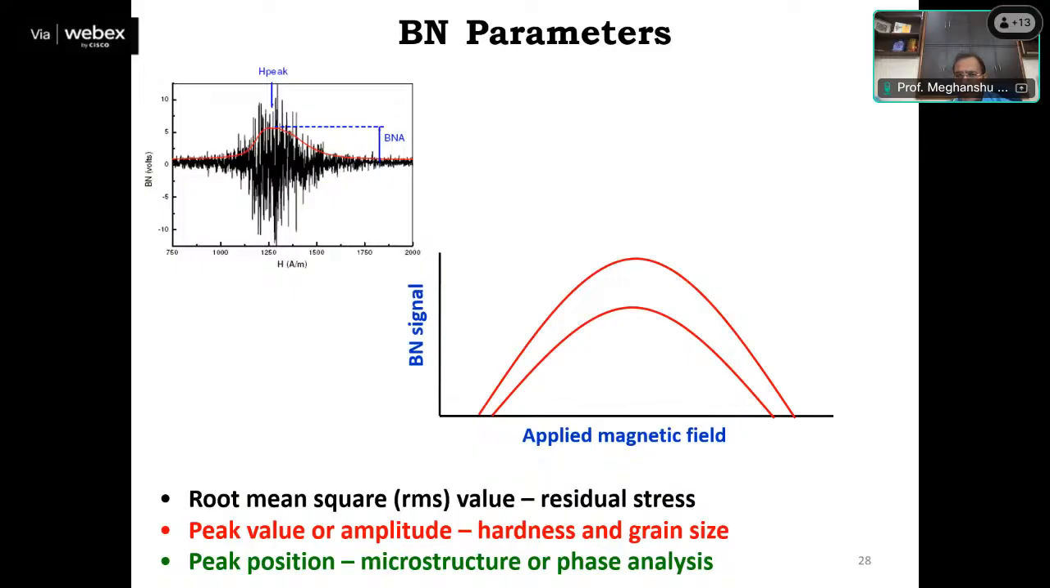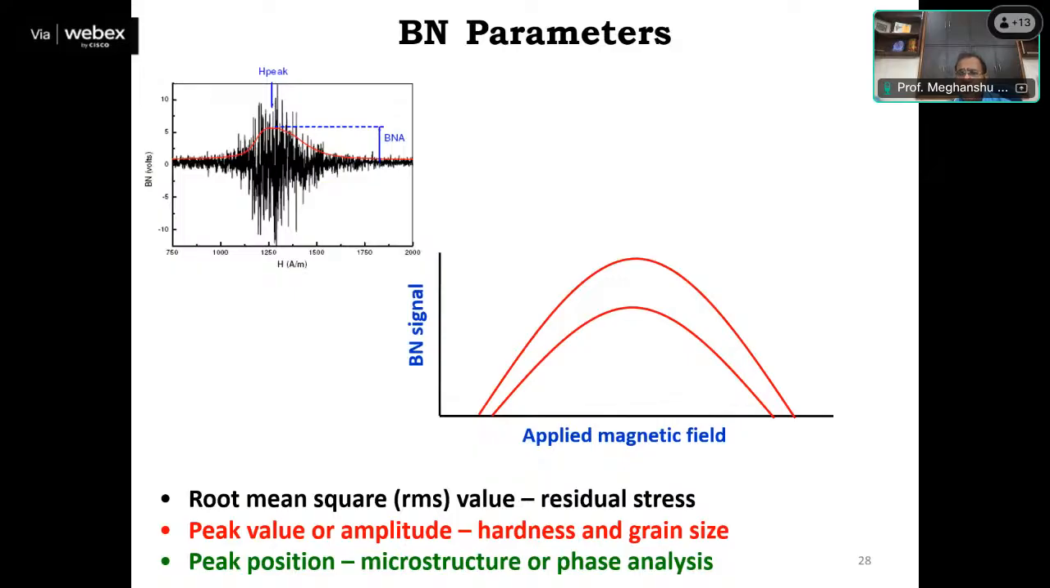If I have to compare two components, and one component has higher microhardness and the second component has lower microhardness, then microhardness is nothing but the distribution of grain size. If the grain size is very small, it means